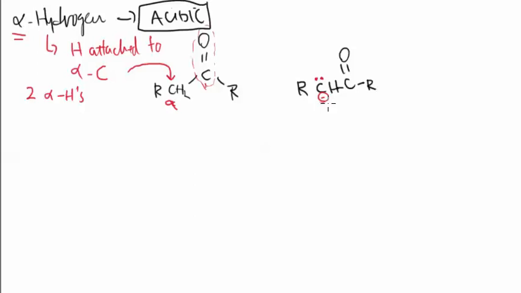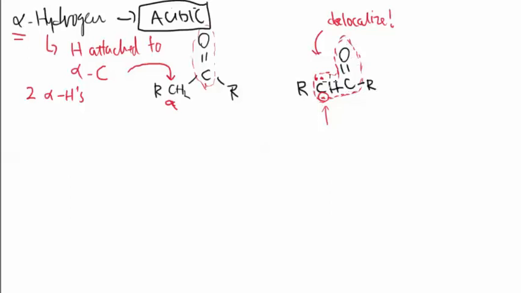Because lo and behold, what has happened here is that we have now formed delocalization. This negative is now on this carbon, and that is neighboring a carbon that has a double bond on it. So now this molecule can delocalize. And that is wonderful news for the molecule because it likes when this happens. So now we get this negative charge on the carbon that can basically be smeared throughout this entire area of